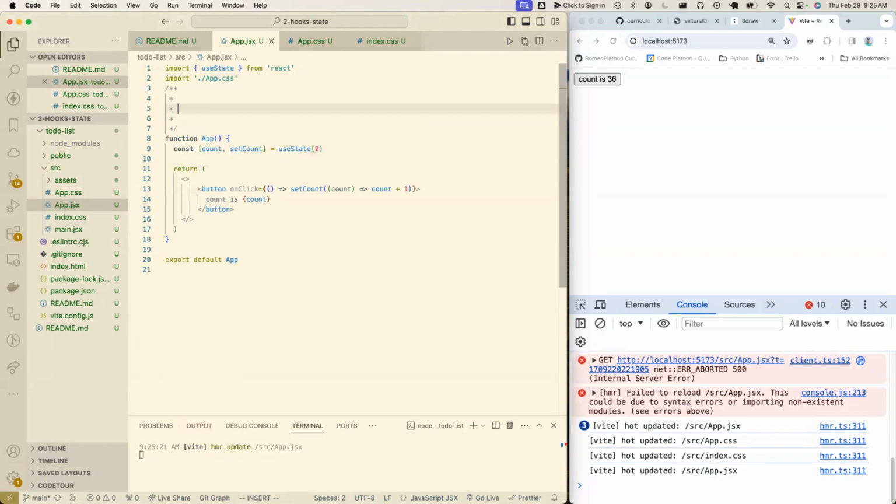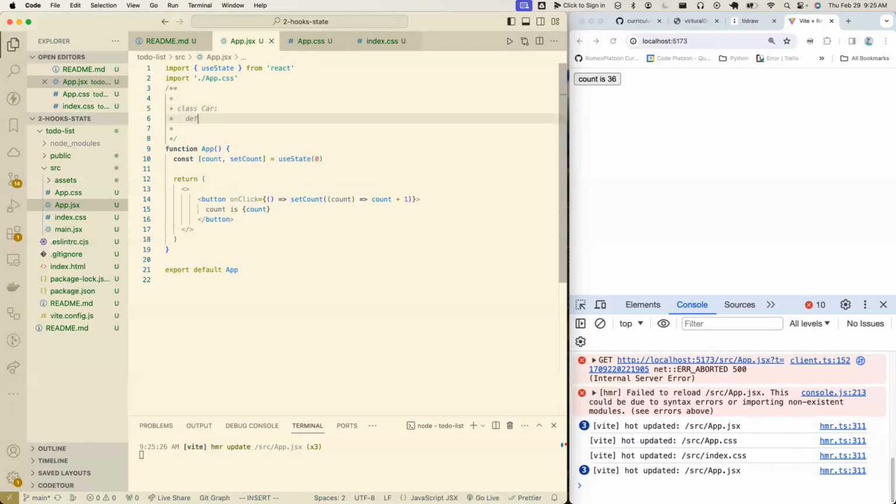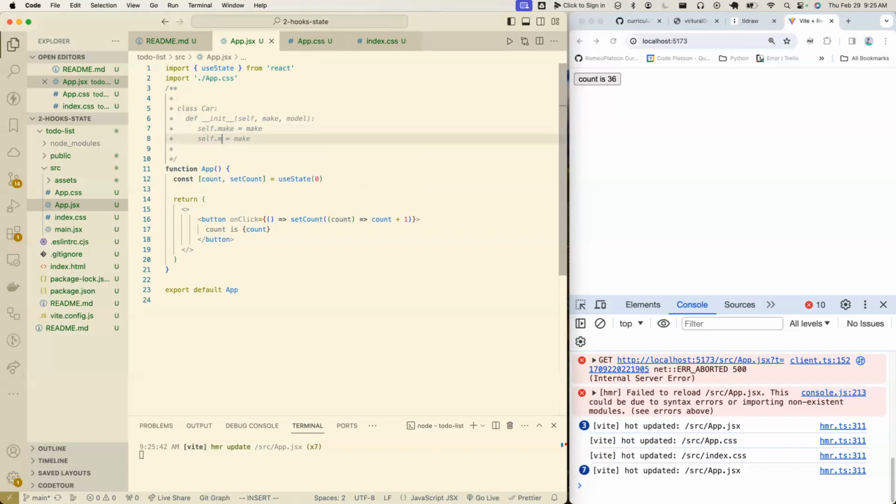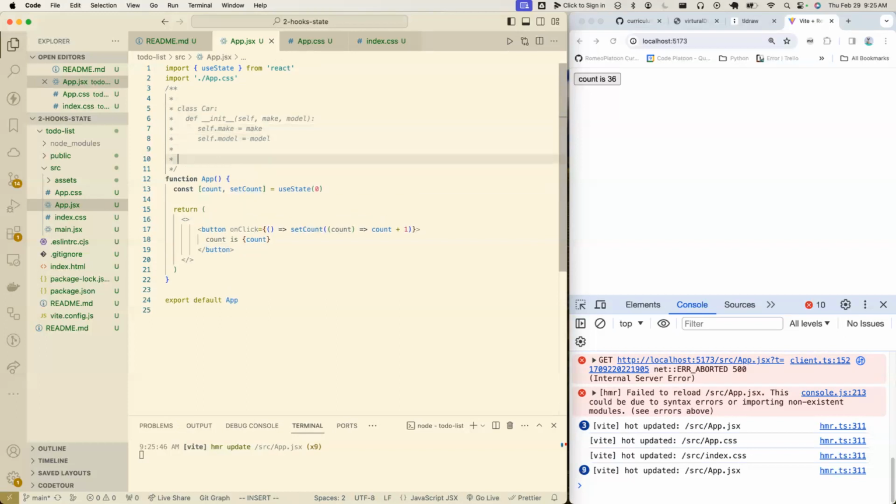I could do, you know, class car, and we do maybe def init, and it would be self, make, model. And we do, you know, self.make equals make, self.model equals model. And then if I had a method here, like say maybe